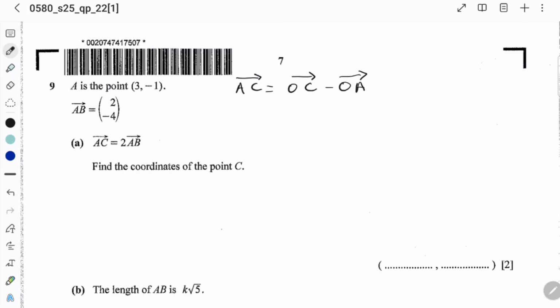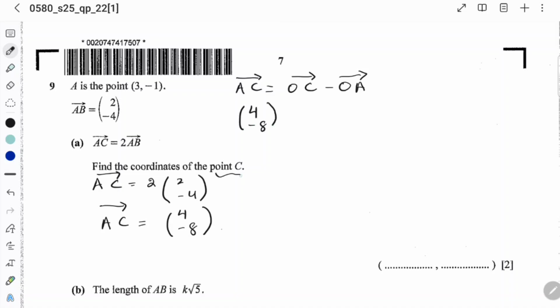So let's check. AC is equal to 2 times AB. So AC is equal to 2 times (2, -4). Okay, so we are getting here AC is equal to (4, -8). So we have found AC, which was unknown there. Just put the value of AC here, which is (4, -8),